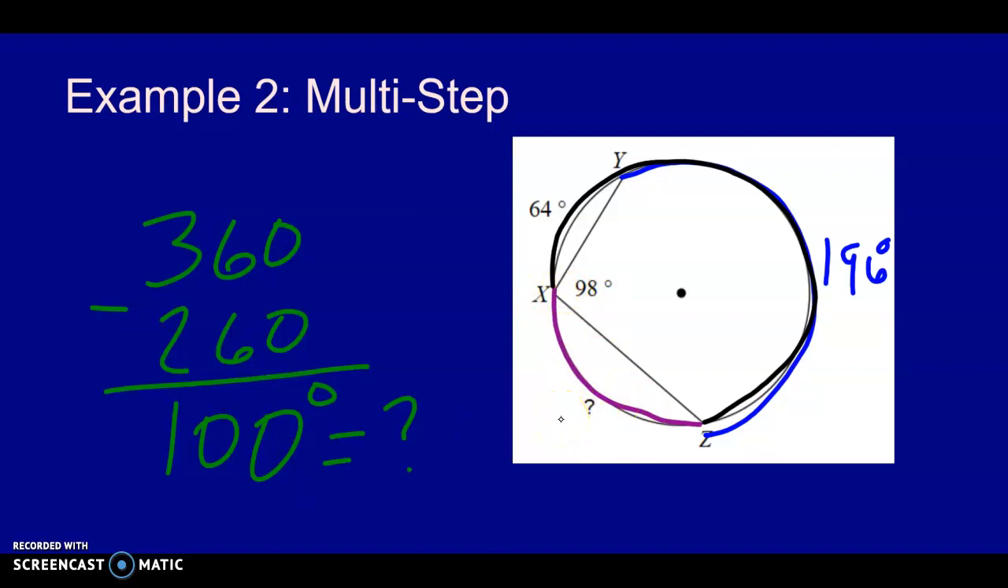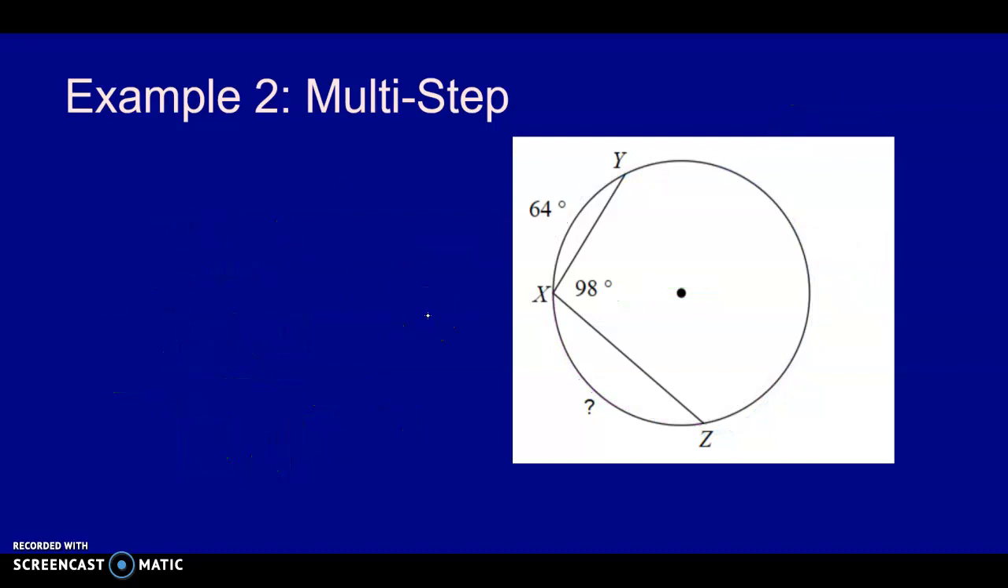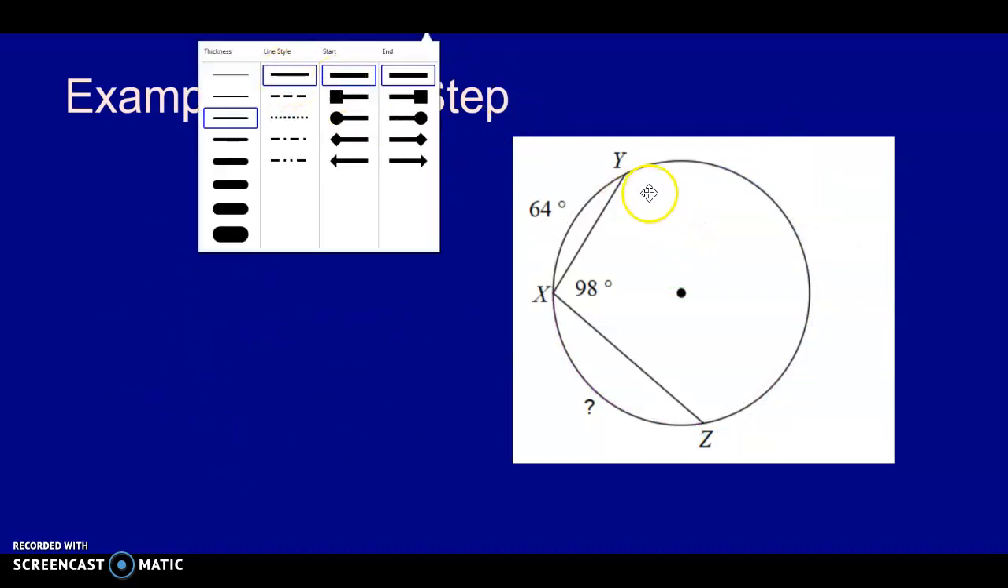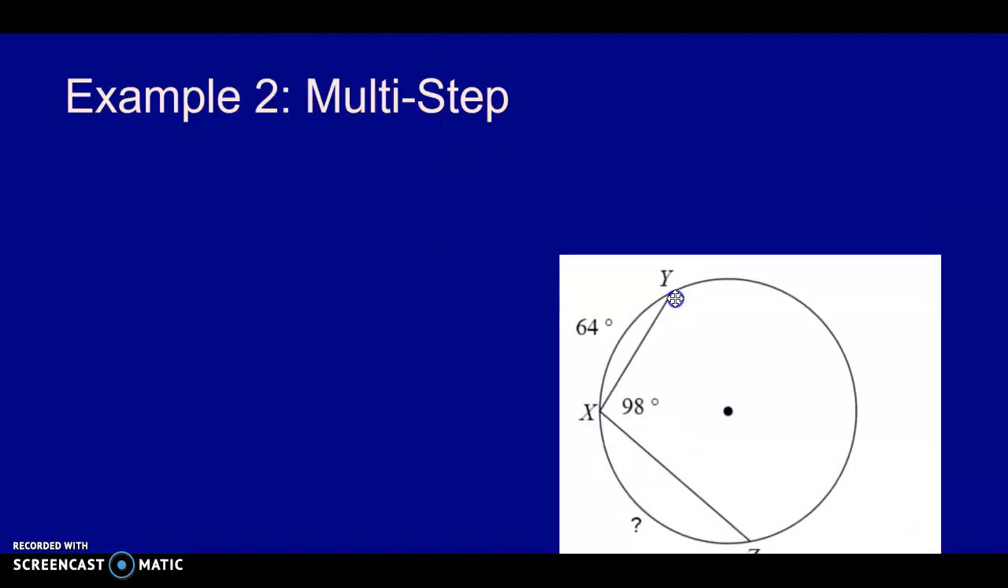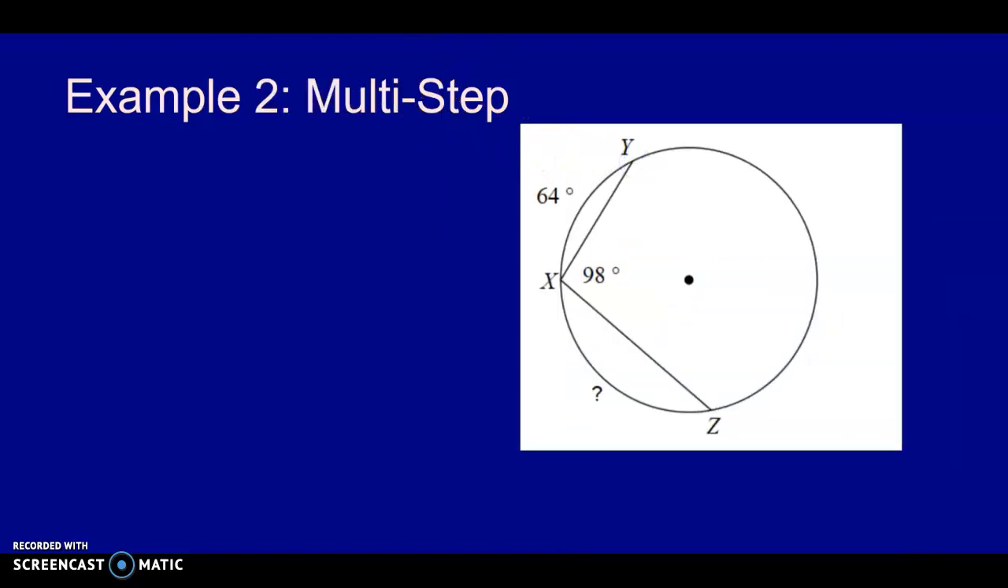Now I said there's more than one way to do this. So I'm going to start this problem over again and look at it from a different perspective. So let's get the ink off the page. And some people might think more this way. What if I drew in chord? Oh, it doesn't seem to want to let me do that. I apparently can't draw it with that. Let's use the marker. If I drew in chord YZ